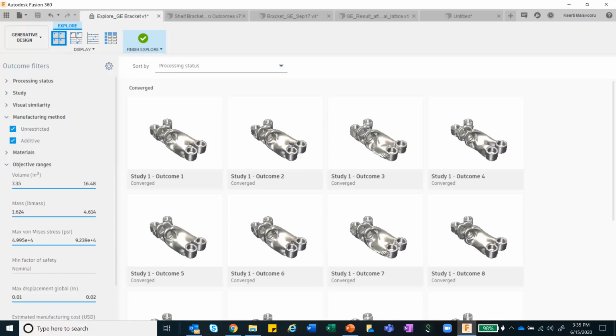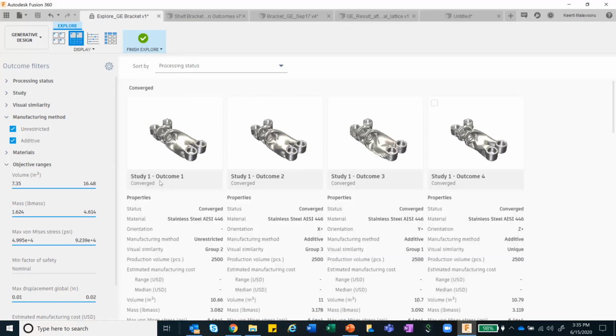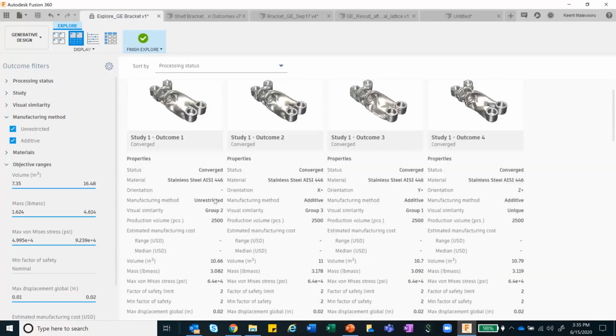And I can go ahead and start understanding each and individual design in detail. So there are various exploratory filters that are available which can help you to do those things in a very easy and a systematic manner. I can go ahead and use certain types of display functionalities or filtering mechanisms where it gives me a complete detail about that particular design, which manufacturing method, this is unrestricted, this is additive manufacturing, what is the mass. So 3 pound mass would be somewhere around I think 1.5 kg or something like that.